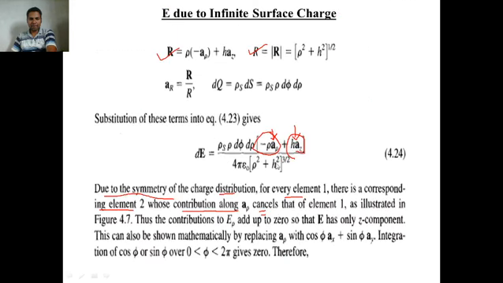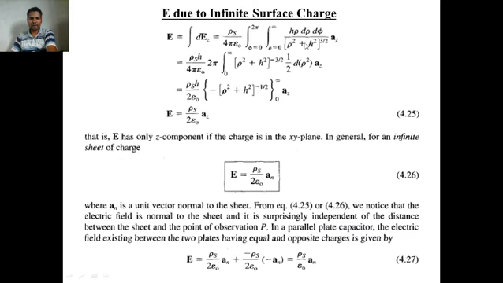Because r square plus h square to the power 3 by 2 we obtained here. So r square plus h square to the power 3 by 2, az cap, the final direction is az cap for the total E bar. Now using this, integrations are added. One integration is for dr, this component. This integration is for this variable dr, and for this d phi, this integration is applicable.